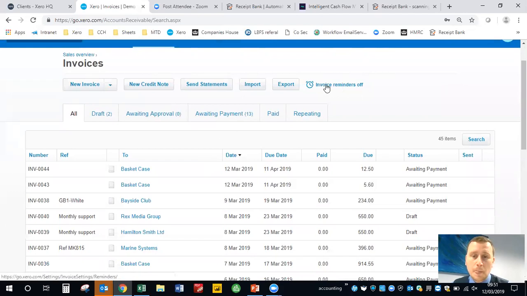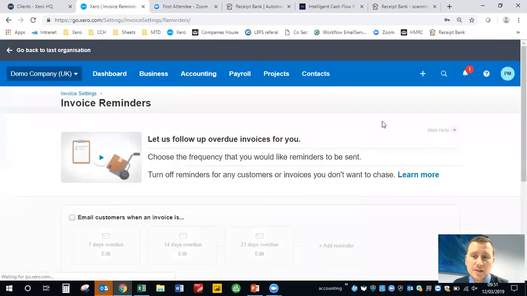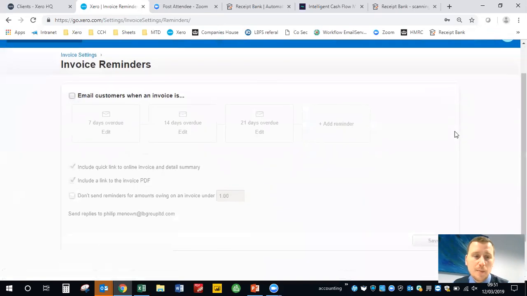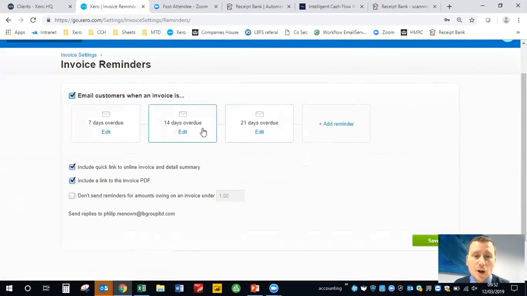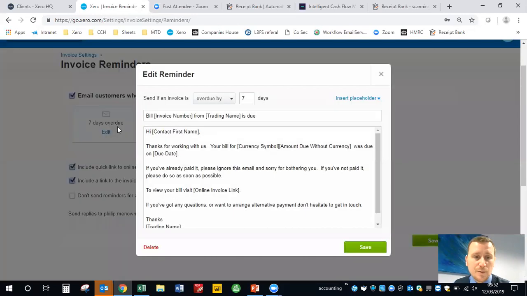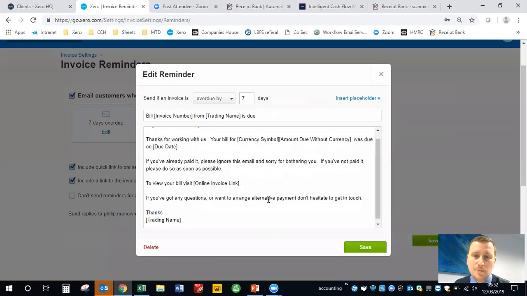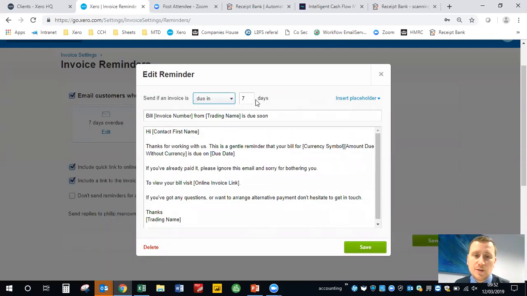So what that'll do is it'll send an email to your contact, and it's all dependent on what you set it up on here. So for example, this is set up at the moment to be overdue, but we can change the template of this email so that it's due in 7 days, for example, or if it's due in 1 day. So it sends out this reminder 1 day before your sales invoices are due,